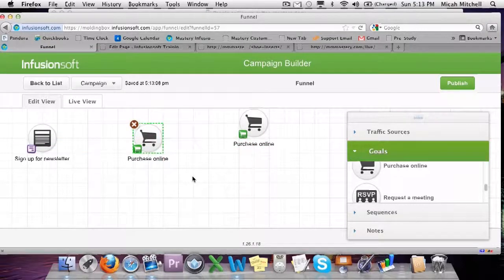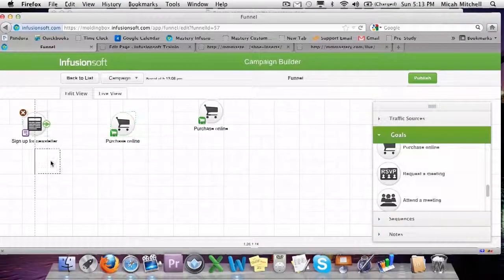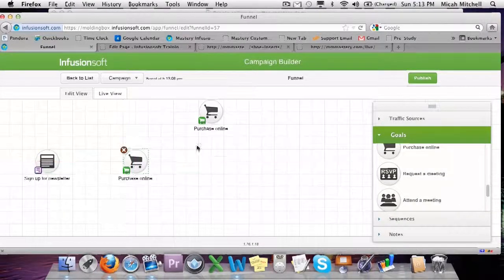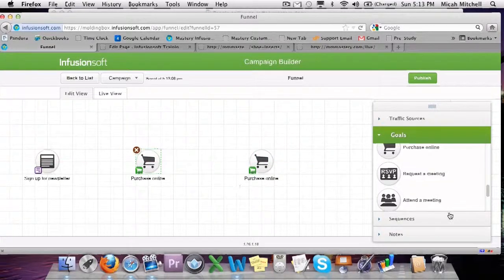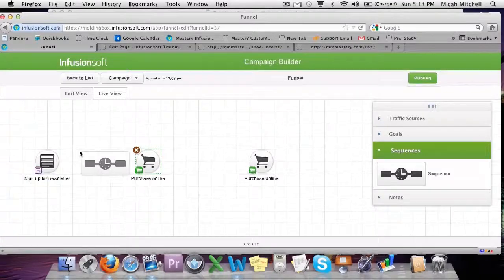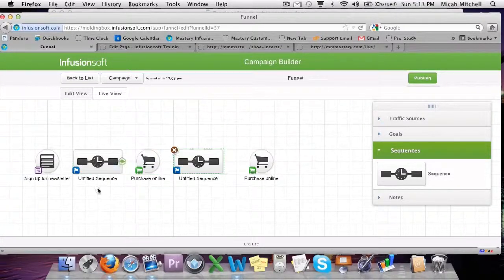So let me give myself some space, zoom out a touch. I'm leaving myself a little bit of space between all these things so that I can squeeze in some sequences and so forth. I'm going to assume that when they download the free thing, they don't immediately buy, so I have a sequence to follow up. So let's say this is deliver goods, get them to buy, right? And remember, because we are delivering the goods,